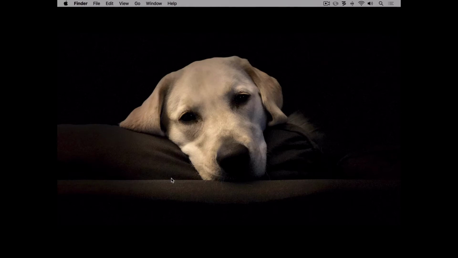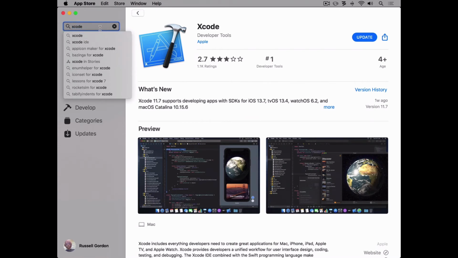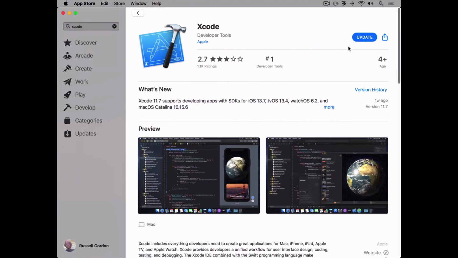Right now, we're going to download the latest version of Xcode from the App Store. To do this, open the App Store, search for Xcode. If you've already got Xcode installed on your computer, like I do, you'll see an option to update. If you don't have Xcode on your computer at all just yet, choose View, and then Get, and follow the